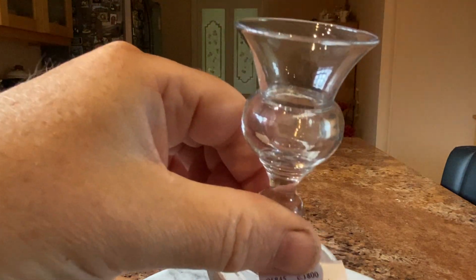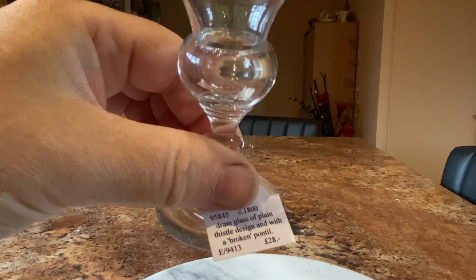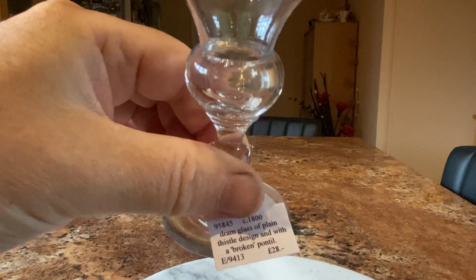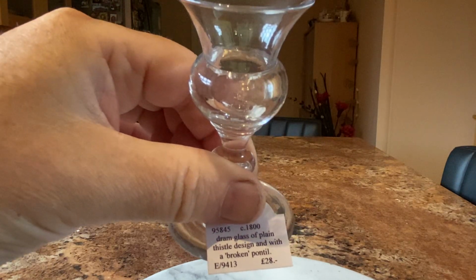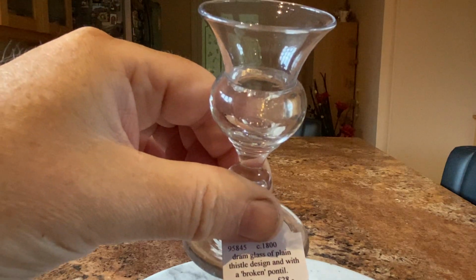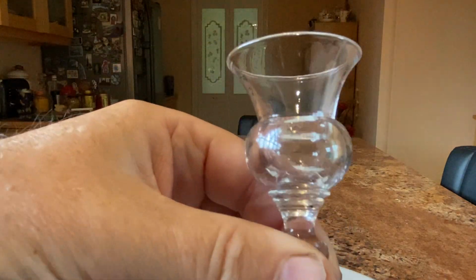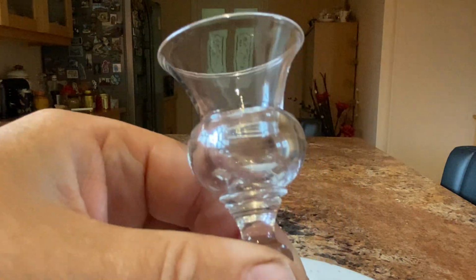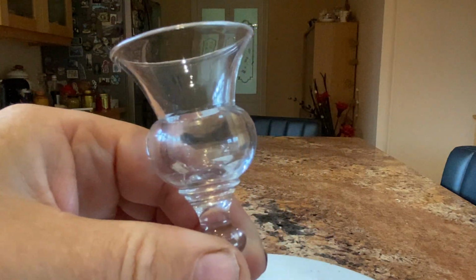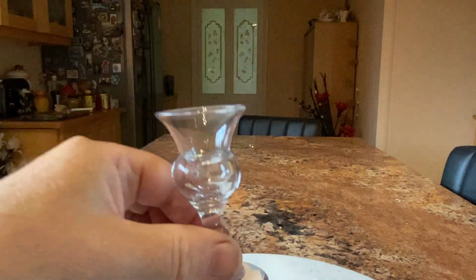It's supposed to be, they've got on the label, thistle design with a broken pontil, dram glass of plain thistle. And it was £28, which, when you think that this is probably over 200 years old, that's not bad, is it? For a lovely little glass like that. You can still use it if you want to put a dram of whiskey in there, maybe on Burns night or something like that. Very beautiful